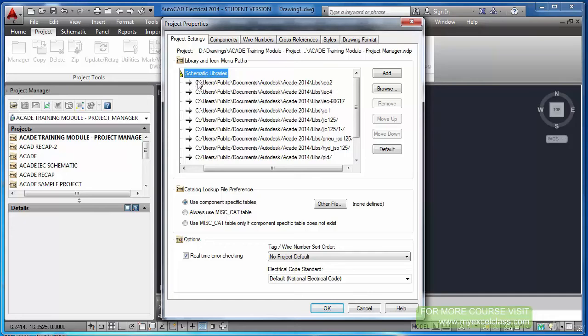If it doesn't find anything there, it moves to the next one, then the third, then the fourth. In this way it moves. So in fact you can move this up and down. If I want to place this JSC setting at the top, see, I am moving that. Move up, move up. In this way I can move my settings, and if you don't want something here, you can remove it.